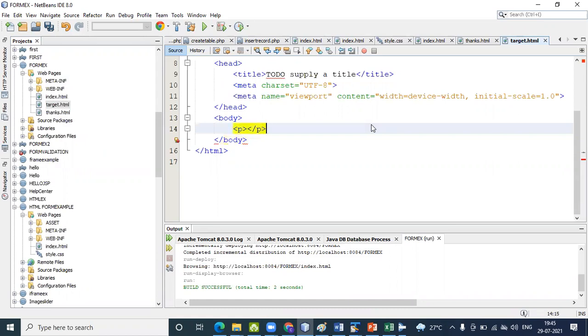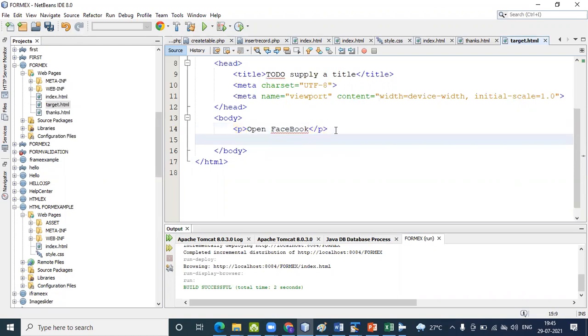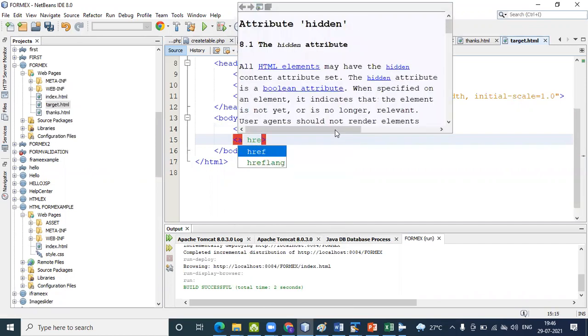Paragraph is ended, and I use here "open Facebook, open Facebook." Then I pass here a serif,